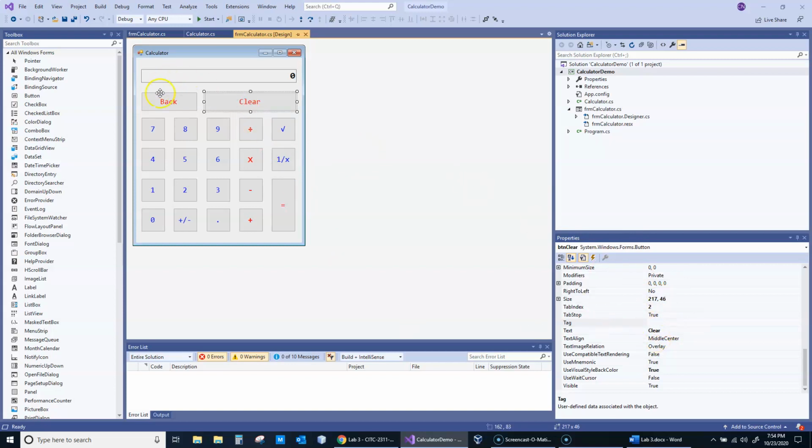I didn't need to do that for the clear. The clear and the back don't have information to transmit, really. You just do the logic for those functions because you know what the function is. But for these, since 1 through 9 share one event handler, you have to know which button is making the event happen. Same thing for these. I think they all share